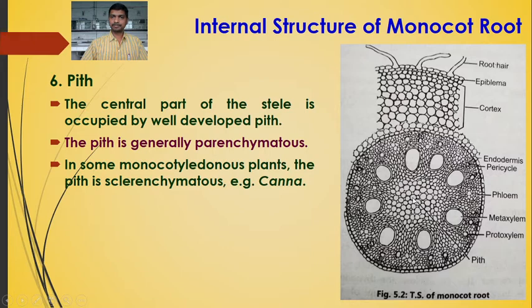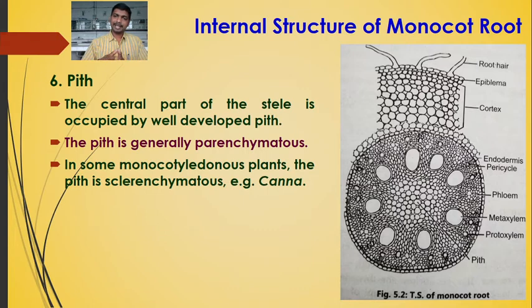So this is all about the internal structure of the dicot root and monocot root. In the case of dicot root, the characteristic features are that vascular bundles are arranged radially and alternately. Xylem strands are exarch. The presence of parenchymatous conjunctive tissue between xylem and phloem strands is seen in the dicot root. The xylem strands are tetrarch, while in the case of monocot, the vascular bundles are radial and alternate.